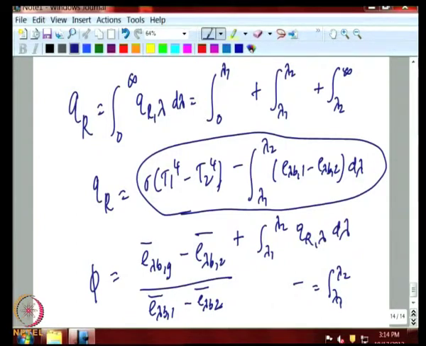So, once you have done this, we can rewrite the radiative flux divergence terms